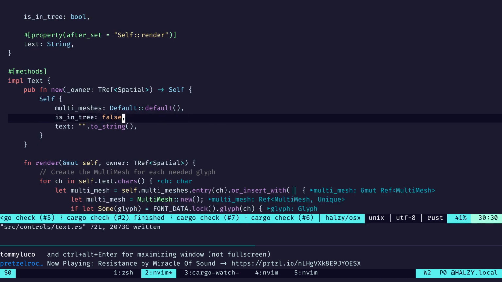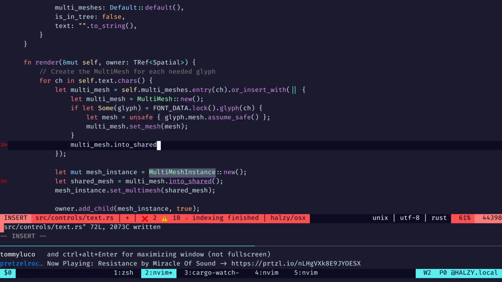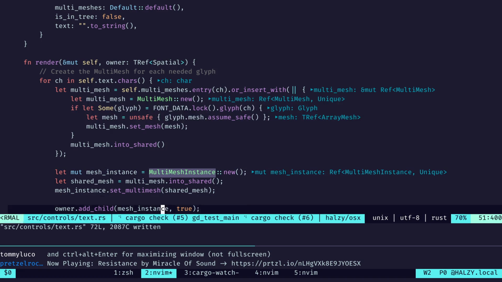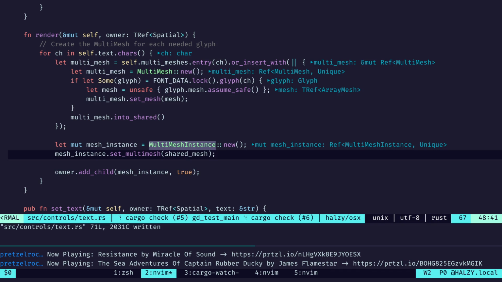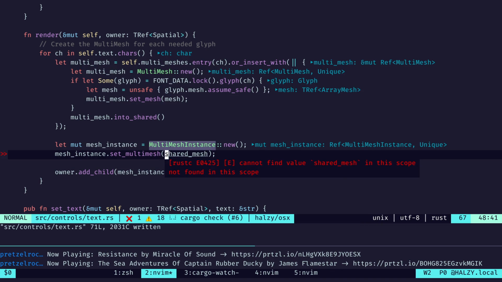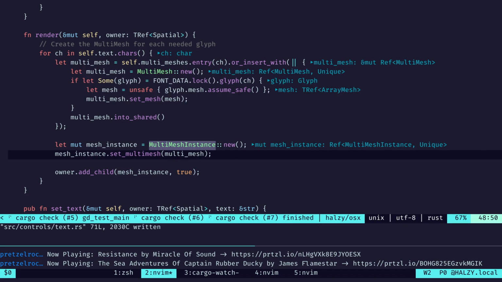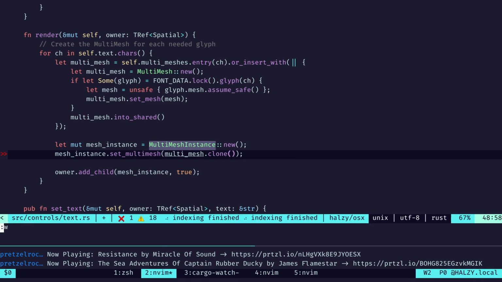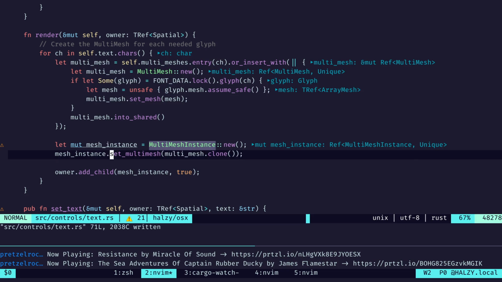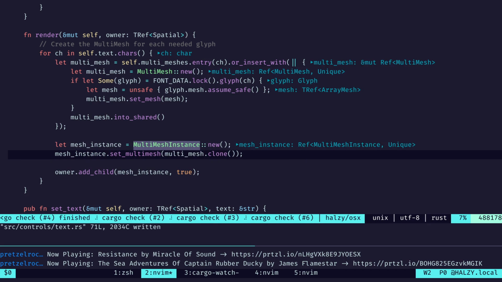All right, which means that here, where we insert this to shared, that means we can get rid of that line there. We have multi-mesh still. But now we have a reference to that, and we can clone it. Clone the reference, that should be cheap enough. Doesn't need to be mutable. Why not? Oh, because